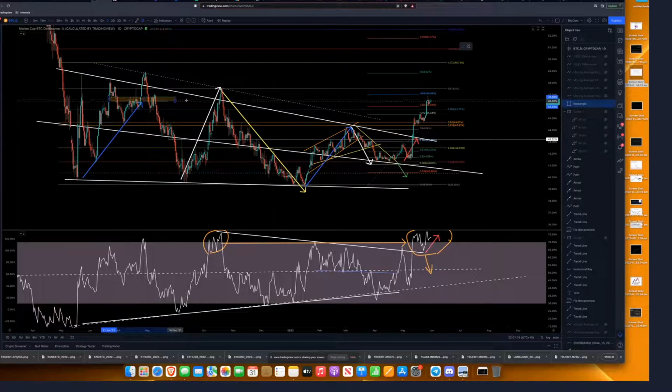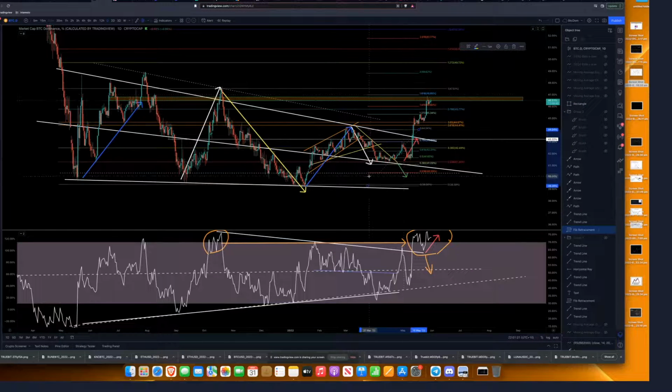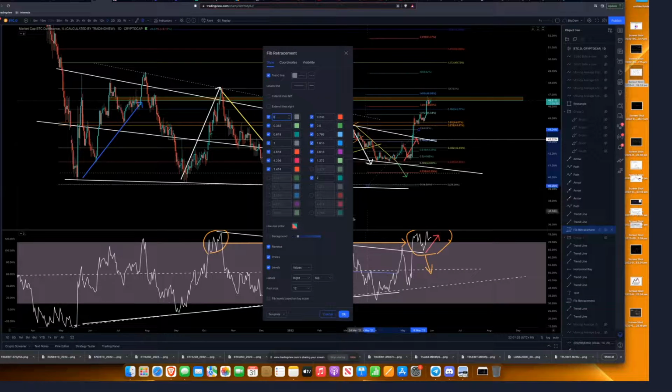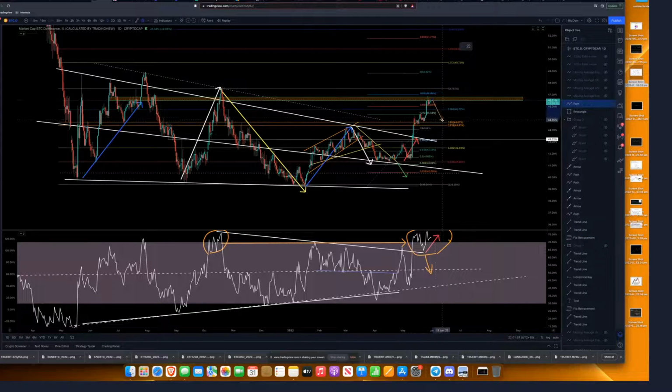You can see that level is resistance, and perfect. So that 618 is pretty much just a fib extension from there to there. It just works. So that's why we're having a bit of resistance. We might pull back, and I think that's what we're seeing now with a bit of the rally. We might just come down and then